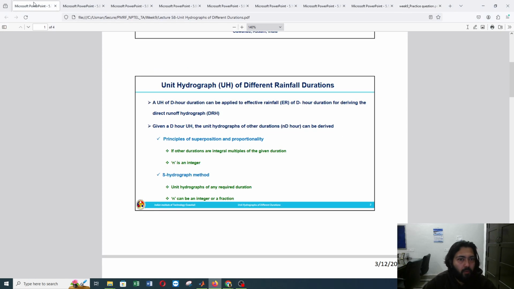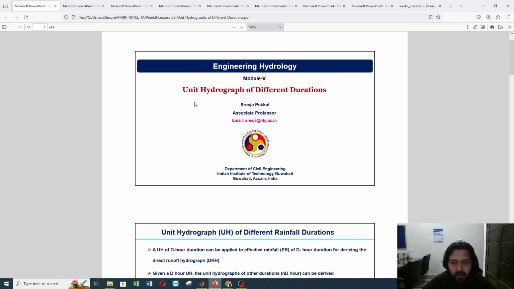Right, so this is all about module 5. In the previous class we started hydrograph analysis. In hydrograph analysis, firstly we talked about different types of hydrological models based on different functions of time, that is space, time and randomness. Then we talked about different hydrological systems and looked mainly into the linear system model, based on two principles, that is principle of superposition and principle of proportionality, right? Then we looked more into storm hydrograph, the characteristics of storm hydrograph and how we can derive unit hydrograph, right?